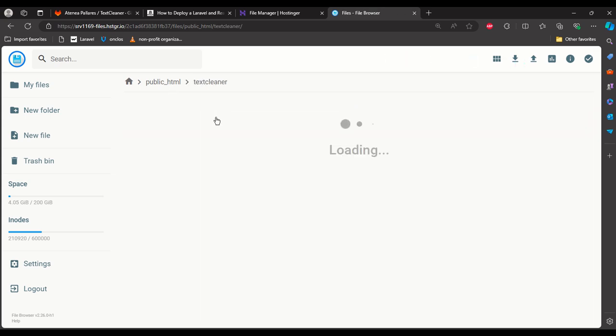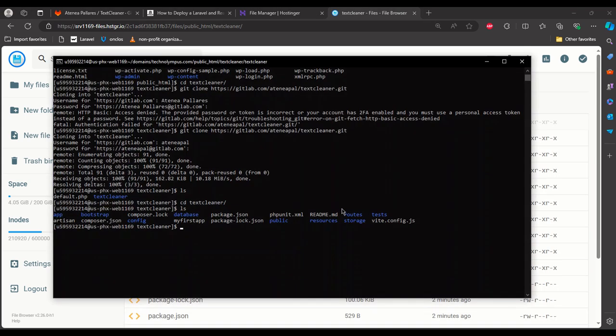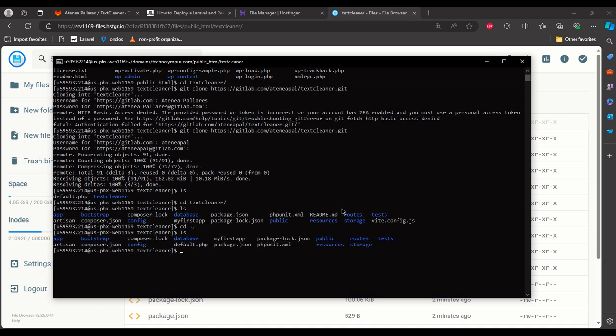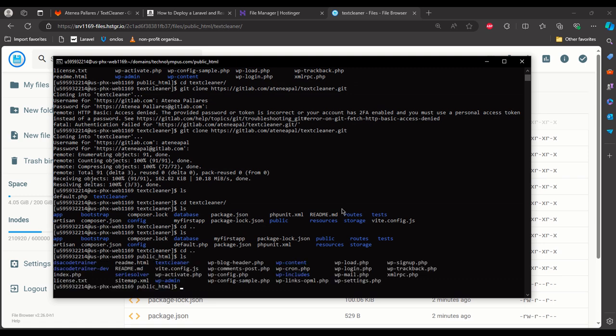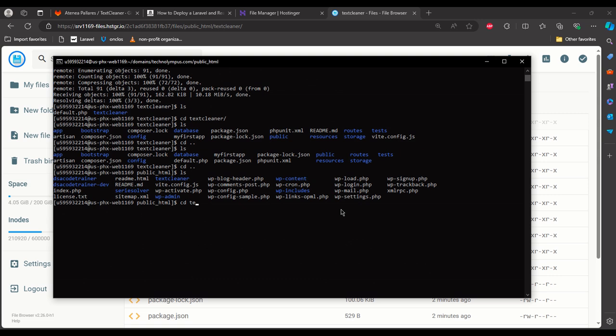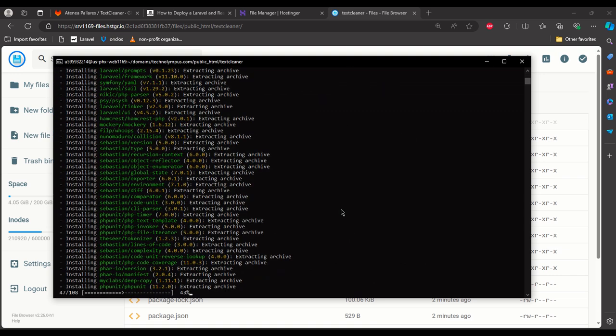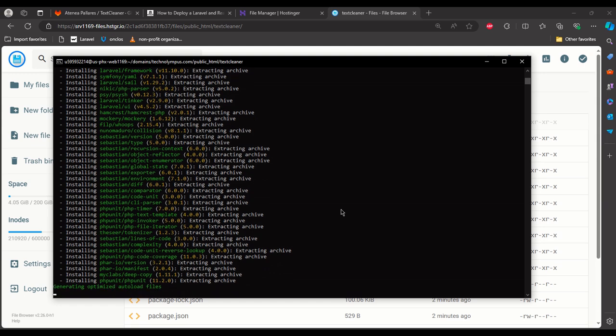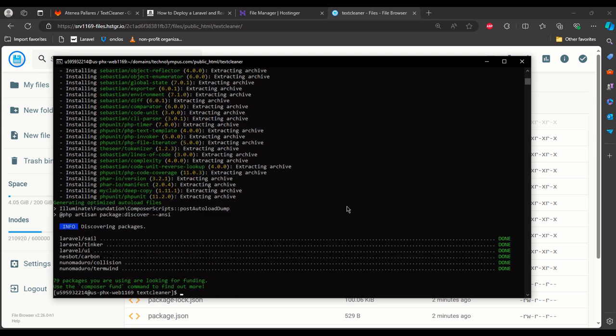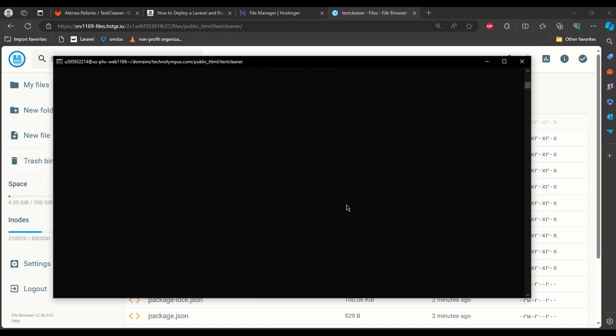Okay, so now what we have to do is that we're going to use the composer. So let me go here. Okay, yes, we are in the right folder. So I'm just going to do composer install because I'm using the version for PHP 8, and I already did the composer install.